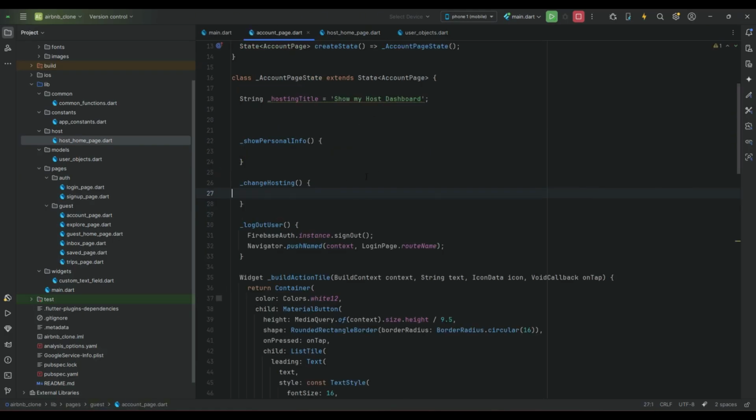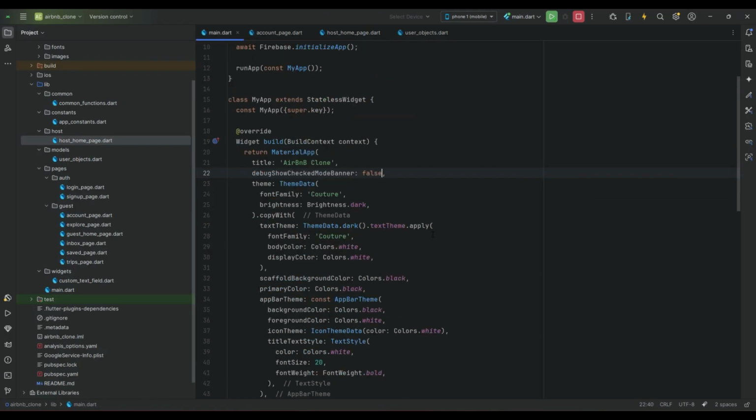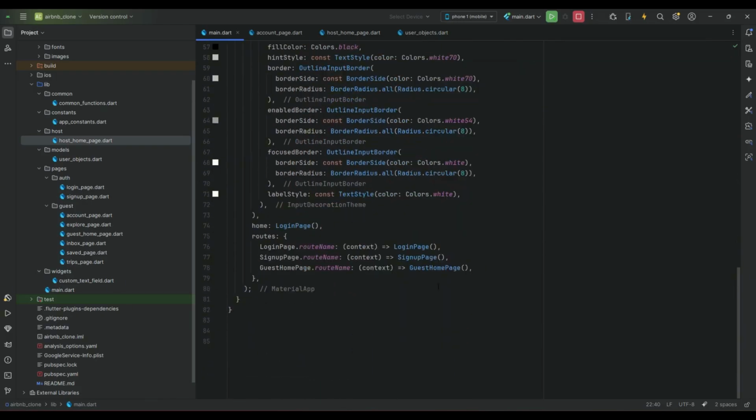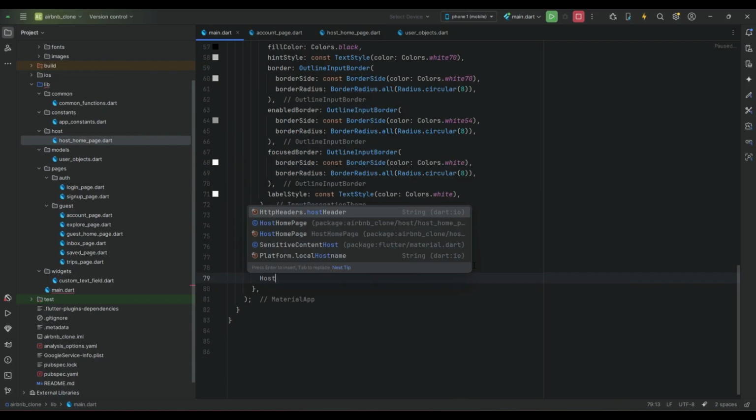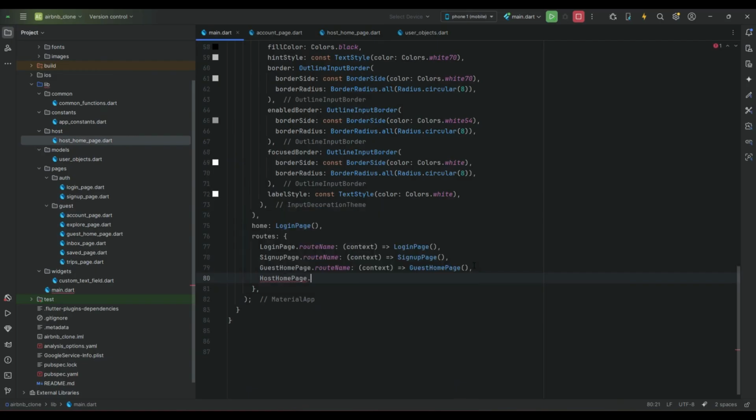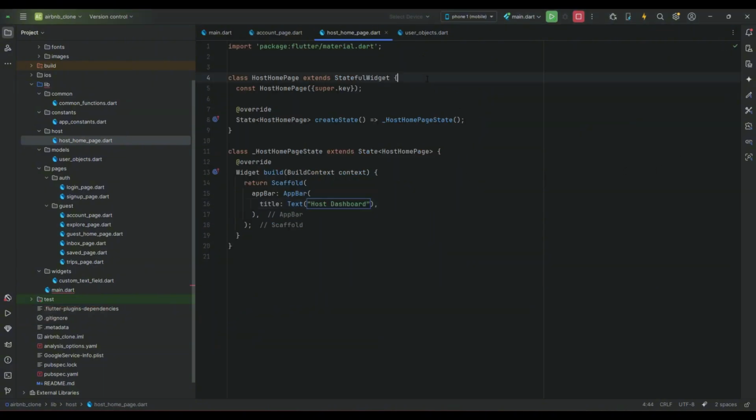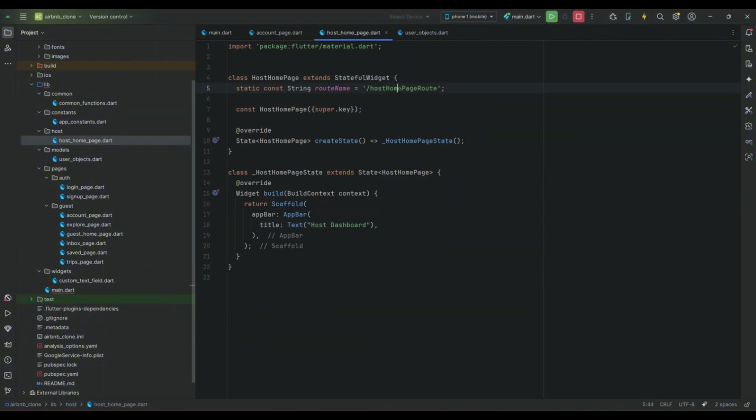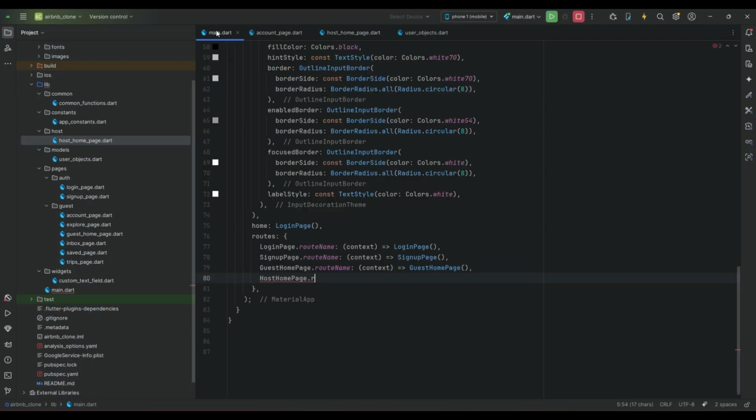So now in here, first make sure to add the root for the new page, which is host homepage dot root name, and this will be the root. So root name